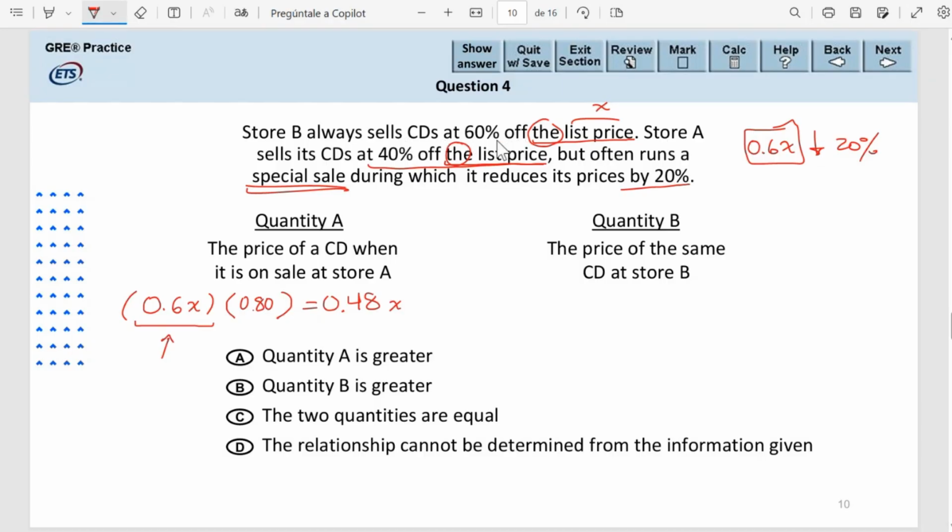In other words, they have a 60% discount. That means 0.4, or 40%, of the list price is what they sell their CDs at. So compare which one of these two is greater. They have the common factor X. So 0.48 being greater than 0.4 determines this relationship. The correct answer is